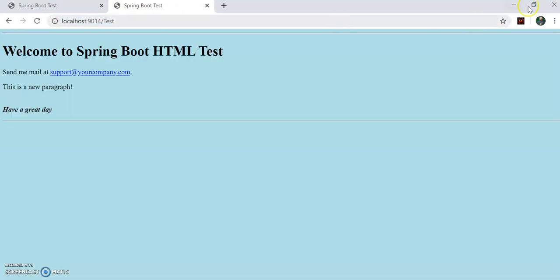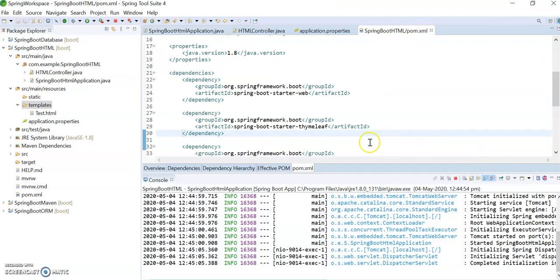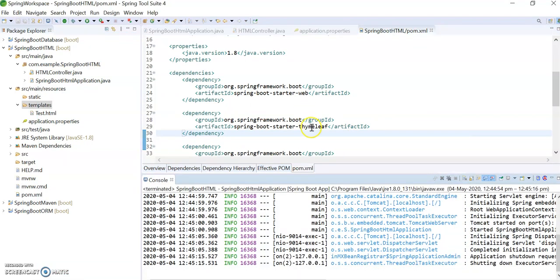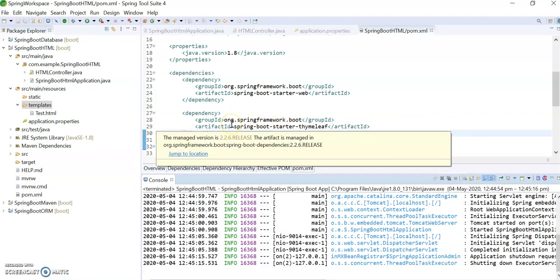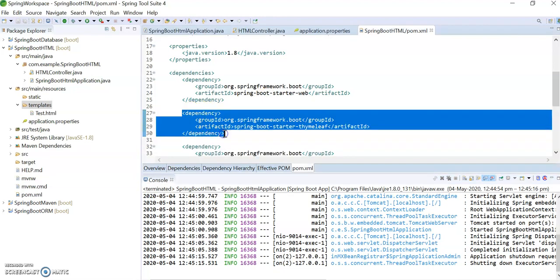Yes, now it printed the HTML page. And I added one dependency here, Thymeleaf. So for viewing the HTML page, we need to add this dependency, Spring Boot Thymeleaf.